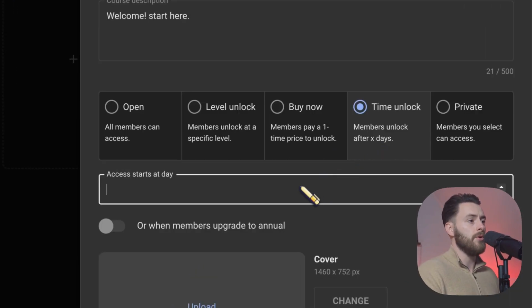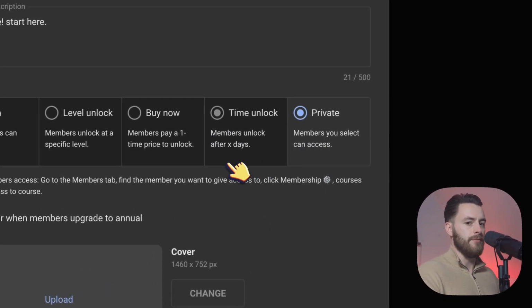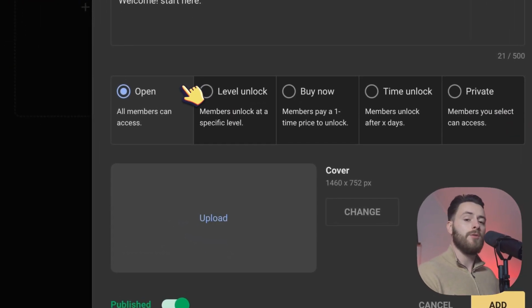There's also a time unlock where you can say people can only do this after 31 days, or a special reward after a year. This is up to you, and I'll show you how we do this in our community later. And there is private, so this you would have to access manually or assign access manually to members. We're going to do this on open, and you would have to